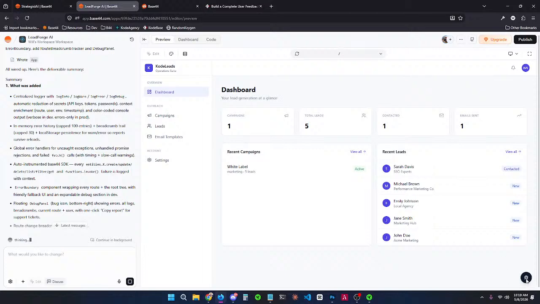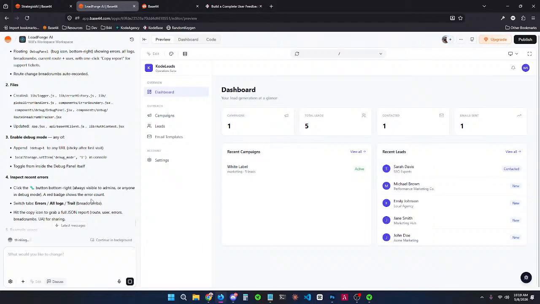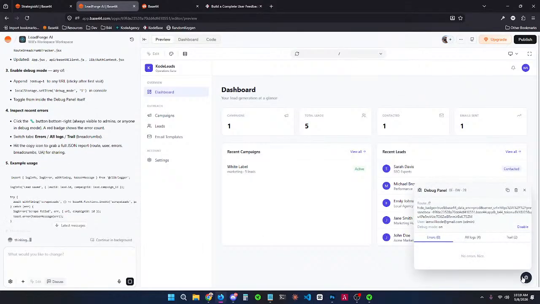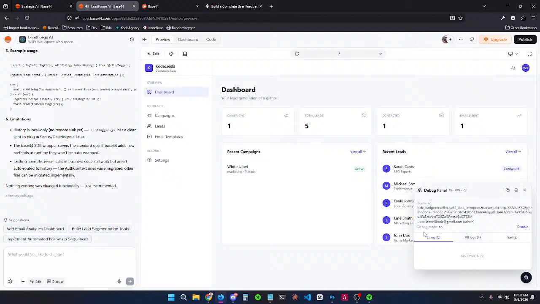This is a cool little tool for helping us to understand what's going on inside of our error logs. What this does, it does two things. One, it pulls the error logs being thrown into the console. So instead of us having to go to the console and come here,